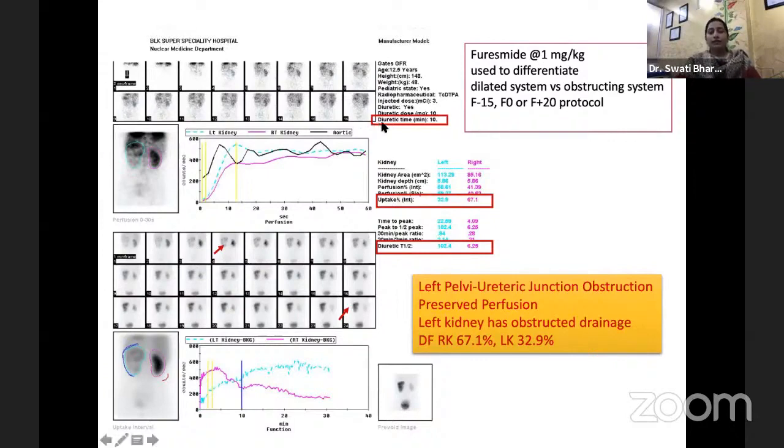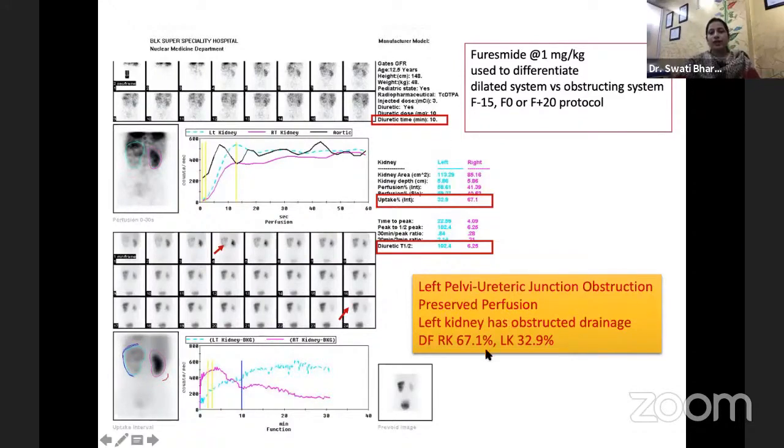Another thing is a diuretic is also used along with the renal dynamic scan to augment the drainage of the tracer. Different protocols may be used. Sometimes it may be injected 15 minutes prior or simultaneously with the tracer, or even 10 to 20 minutes after. So different places follow different protocols, but there is not much difference.